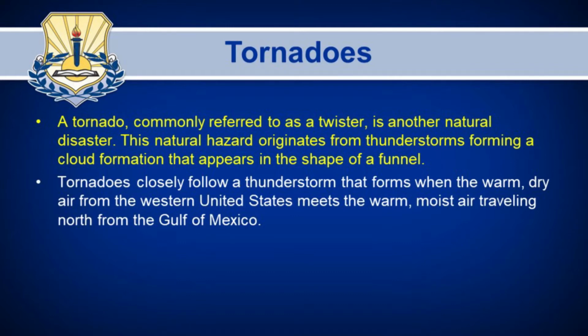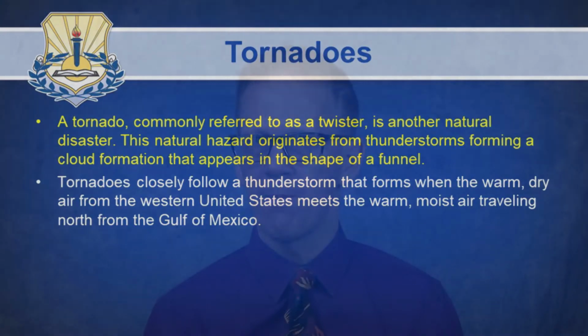You have dry air from the western U.S. and then meets the warm, moist air traveling from the north of the Gulf of Mexico. So obviously it's coming from the south. So you have this combination of air and these air masses, and once they get together, that's when the conditions are right. You'll probably see, if you haven't been in a tornado before, you'll probably see a greenish tint to